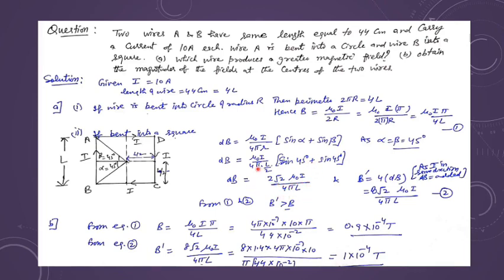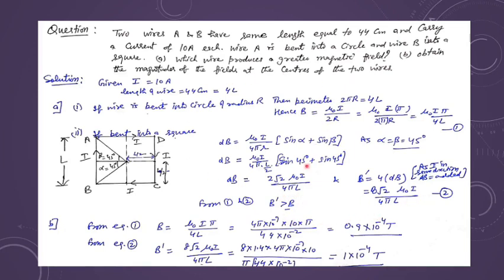And total magnetic field because of this square will be equals to 4 times dB, because all are being added. We have already checked it out by using the right hand rule. So if I multiply it with 4, I am getting 8 root 2 mu naught I divided by 4 pi L. So from the first equation and second equation you can see that B dash, because of the square, the value is coming out to be greater than B. The same thing you can prove to answer the second part of the question.